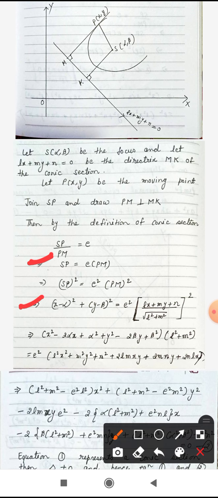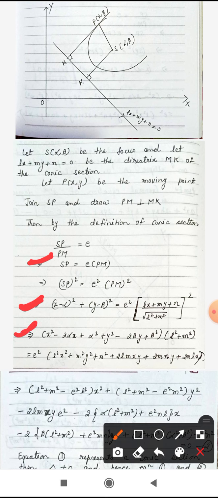The value of SP square is x minus alpha whole square plus y minus beta whole square, equal to e square times PM square. PM square can be written as Lx plus My plus n divided by under root L square plus M square, whole square. Simplifying this equation, we will get